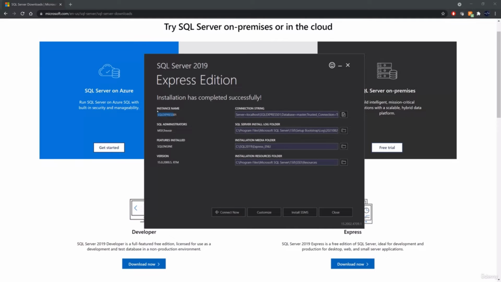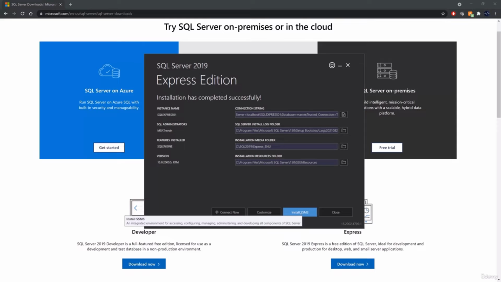If you have gotten to this page successfully, then you have successfully installed an SQL Express instance on your machine. No need to worry. They also let you know that the administrators would be your machine name / your username, and the engine and everything, and connection strings and some other bits of data that you don't necessarily have to worry about right now. The next major step would be to install the SSMS, which is the SQL Server Management